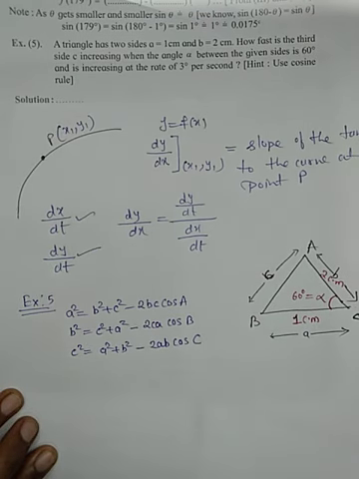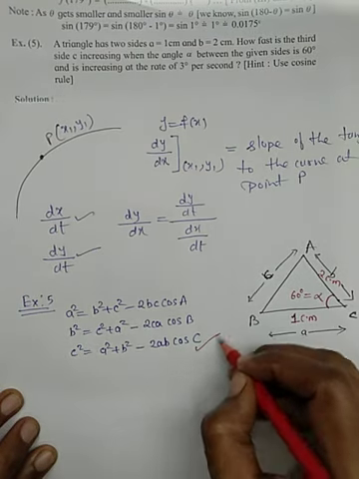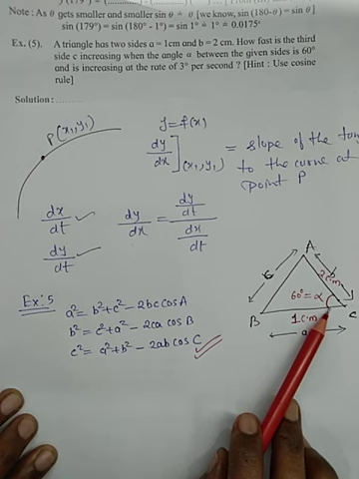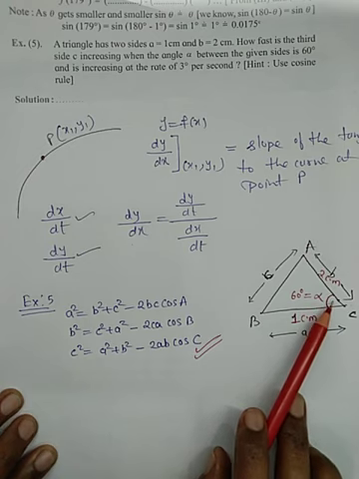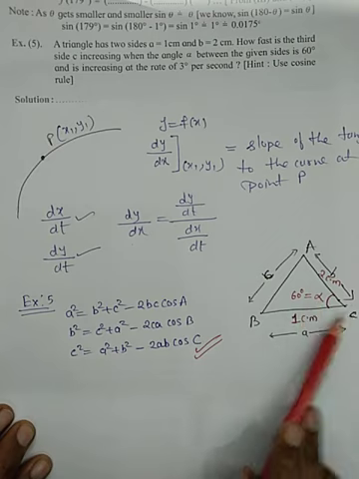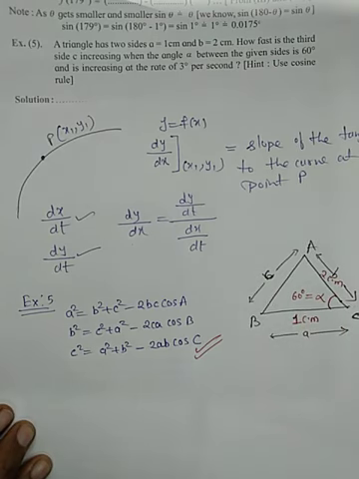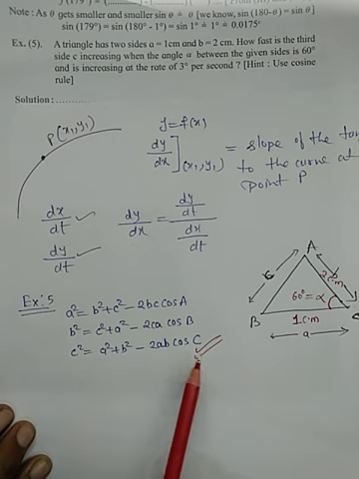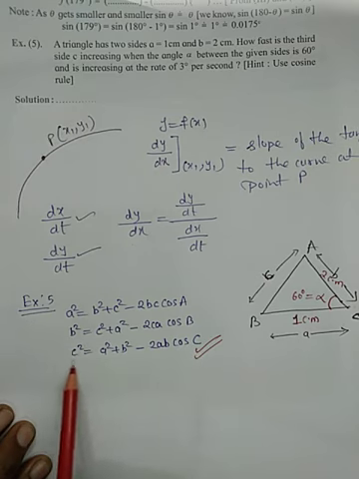Which one are we going to use over here? We will use this one, the third one. Why? Because we are given angle C, and that angle C is nothing but alpha. They are saying when the angle alpha between the given sides is 60 degree. Okay, then also we are given A and B. Using the values of A, B and angle C, this given data, we can find the length of side C.